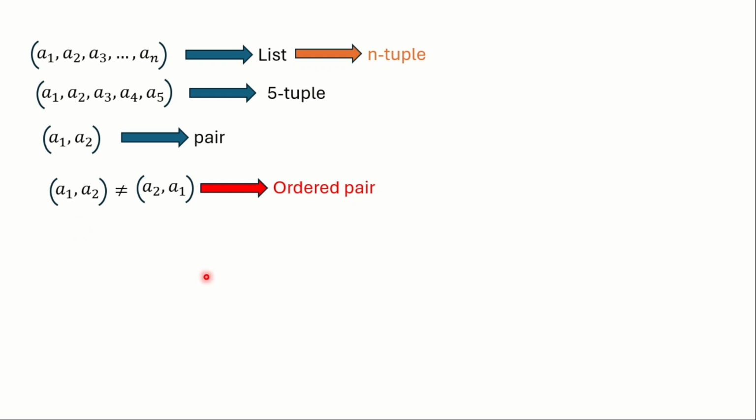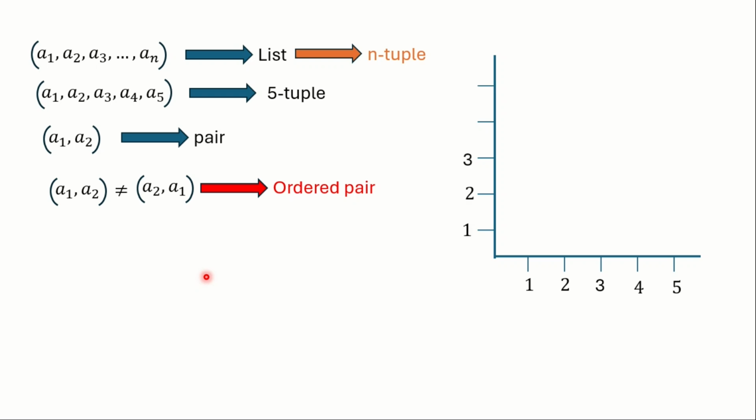In order to understand the importance of the position of an entry, I want to explain this with the help of an example, by taking the example of the Cartesian plane. So I draw the x-axis along the horizontal and label it with numbers 1, 2, 3, 4, and similarly I draw the vertical axis or y-axis of the plane, and then I choose a point in the plane like this one,